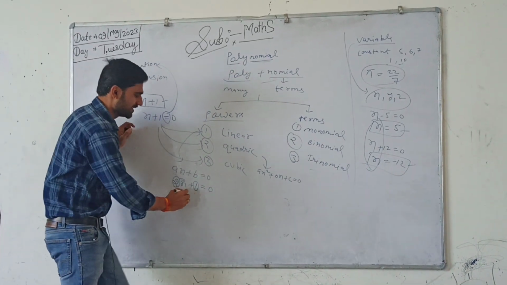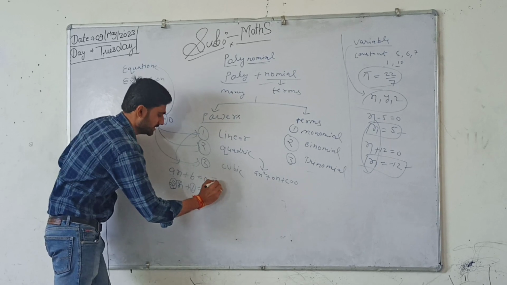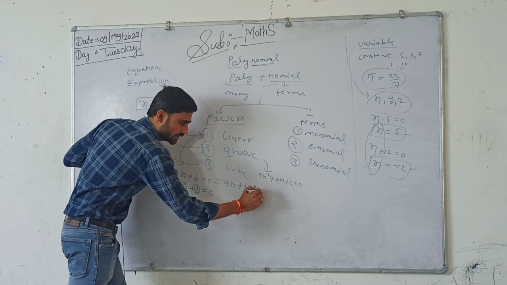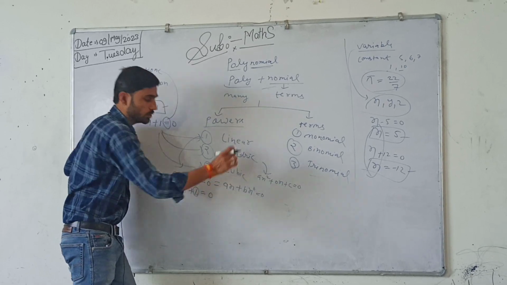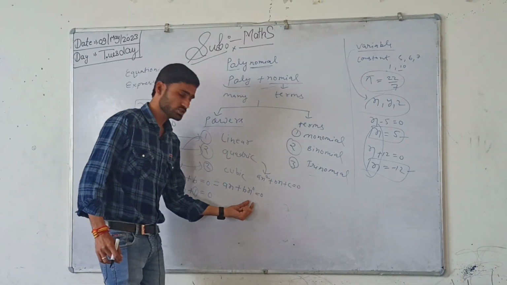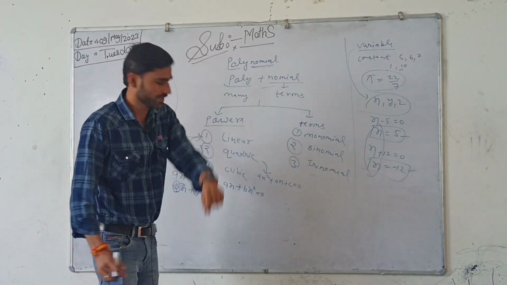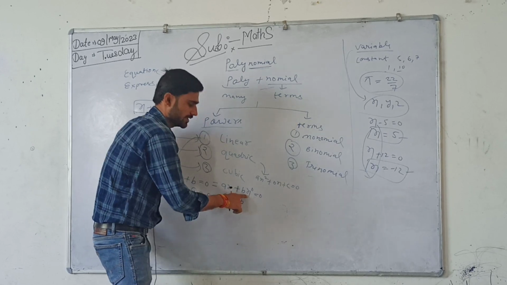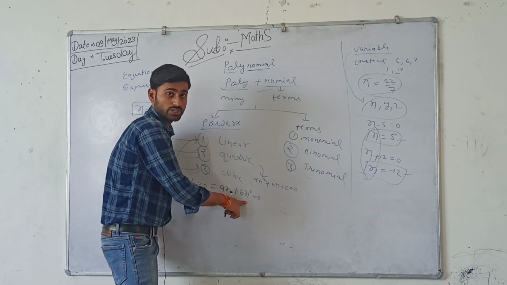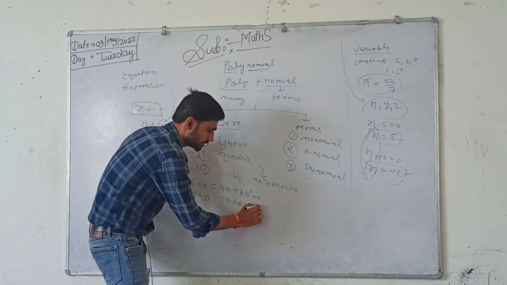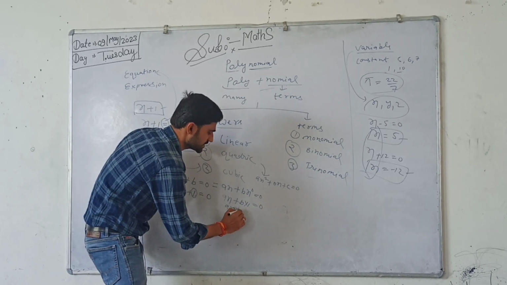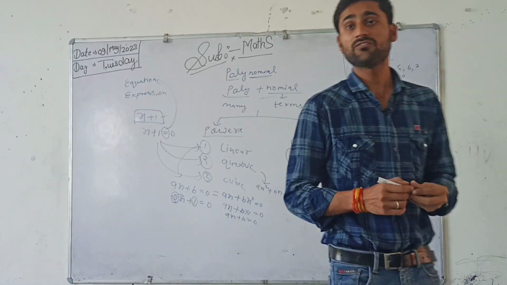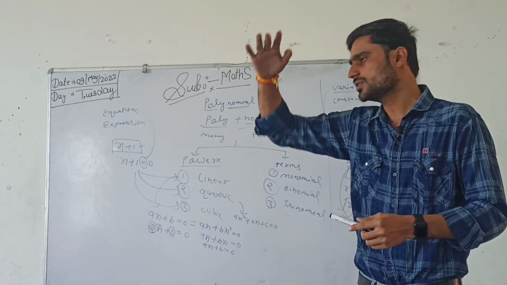So beta, listen. If we write it like this, ax plus bx to the power 0 is equal to 0, we know the value of x to the power 0 is 1. So we can write ax plus b, since x to the power 0 is 1. So it became ax plus b is equal to 0. Actually, in every equation we write the variables in descending powers, in descending degrees.